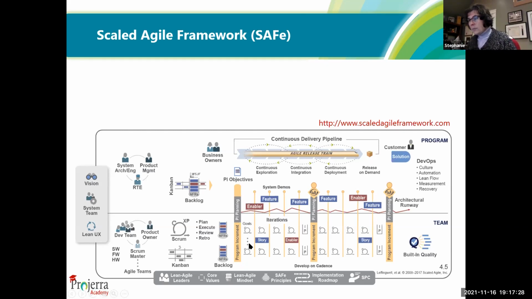You're going to have some sprints that are considered enabler sprints, where you have to make a foundation piece that is going to be consumed by the second level, that is going to be consumed by the third level. And that's why they have to be at the same level.